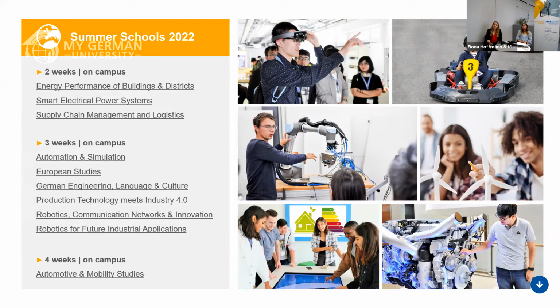And in the Smart Electrical Power Systems summer school, you'll learn about electrical grids, microgrids, and all the smart systems that are getting more and more important when it comes to energy and electrical supply. Then we have a summer school that is directed to those who don't have an engineering background, but are maybe more from the business administration and management background, supply chain management and logistics. So this course also has a technical focus. It is, as it says, about supply chain management and all the processes in smart logistics, smart companies and stuff